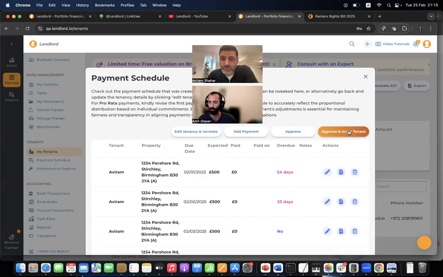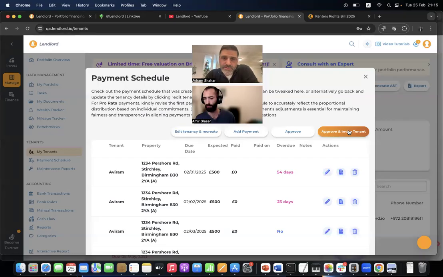There are documents that you have to share with your tenants, so you can do it with Lendlord easily. And then you will also share the payment schedule with them, so they get notifications before they need to pay the rent. And hopefully soon we will launch the payments initiation, so they will be able to pay the rent through Lendlord to you. And they can also report maintenance issues through the app, so you can get